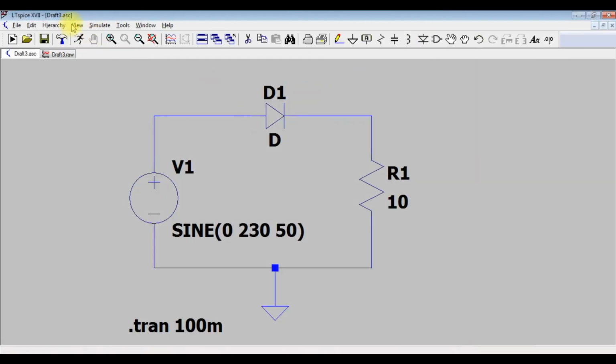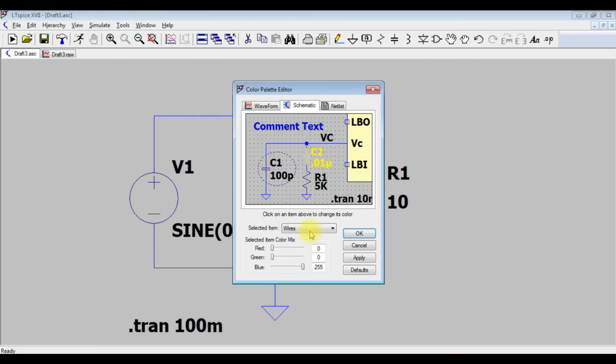Here also, you can go to tools and go to color preferences, and you can change the color combination here for the background by selecting this. If you put all of them here, it will automatically change to white.